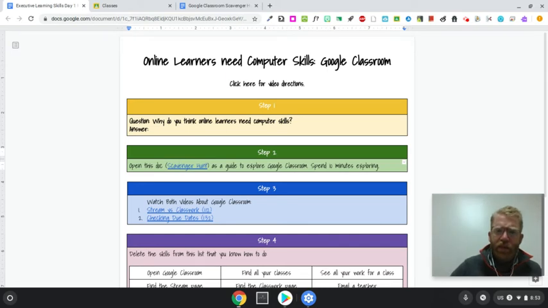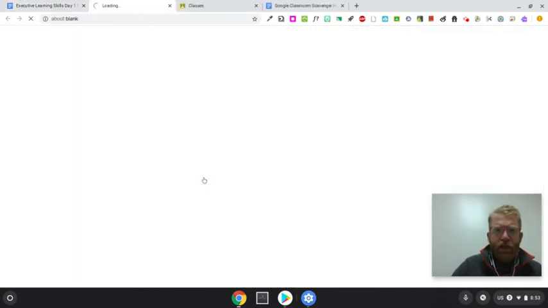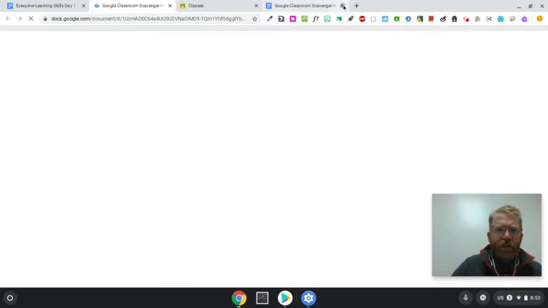directions that way. So the first thing I'm going to ask you is, I want you to consider the question, why do you think online learners need computer skills? I want you to write that answer right in this space. Take a second to think about it before you answer. The next step, step 2, is going to be a scavenger hunt. And what I'm going to ask you to do is to open this link here. It's going to take you to a Google Classroom scavenger hunt